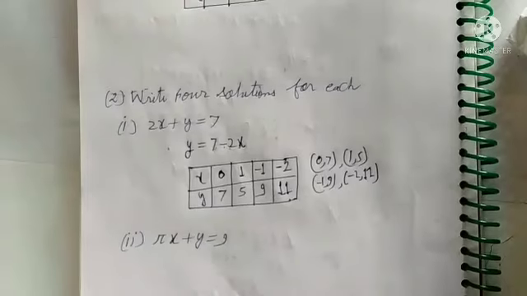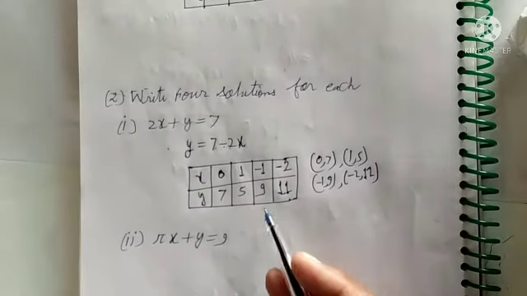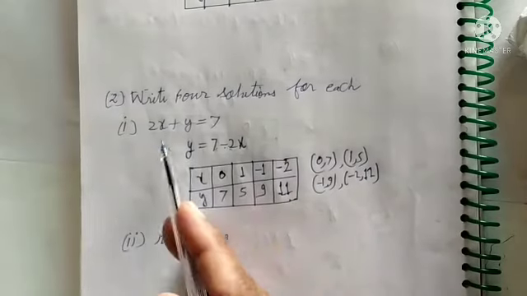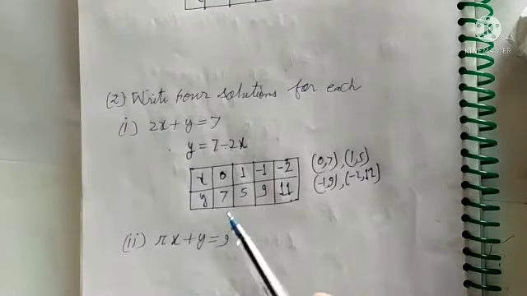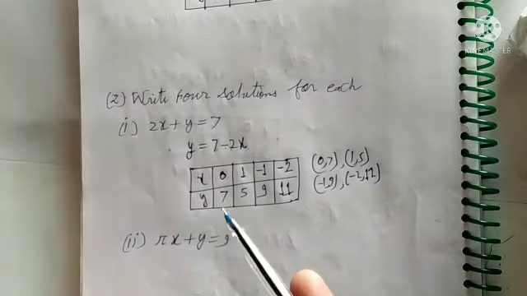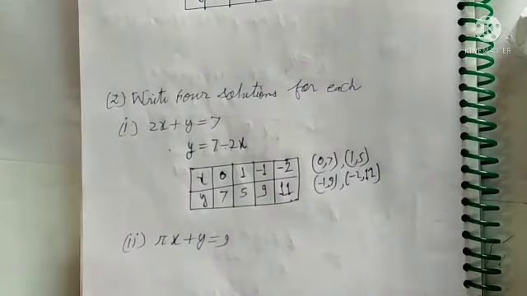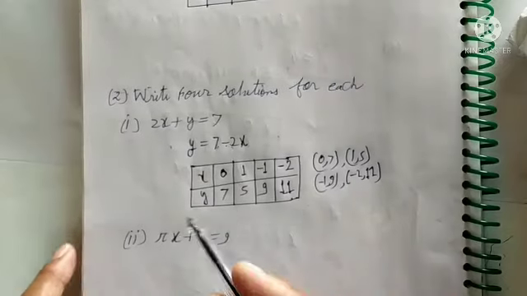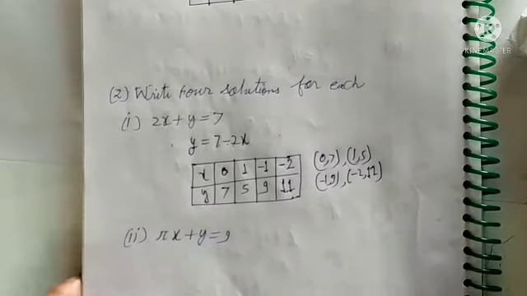Students, some students have a doubt that sir, only these are the fixed answers. No, these solutions may be different. If 10 students are sitting in class and they are taking out 4 solutions, it is possible that every student will take out different solutions. So there is no certainty that these solutions will always come. It may be similar or not. You can take out many solutions, so don't worry.